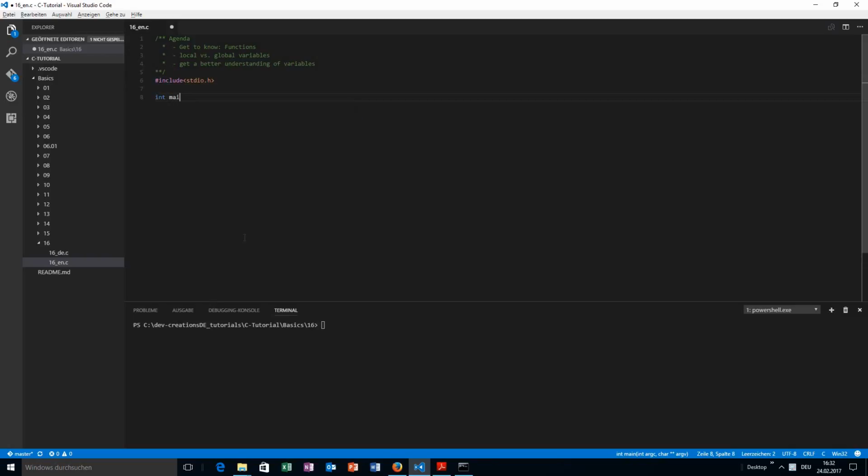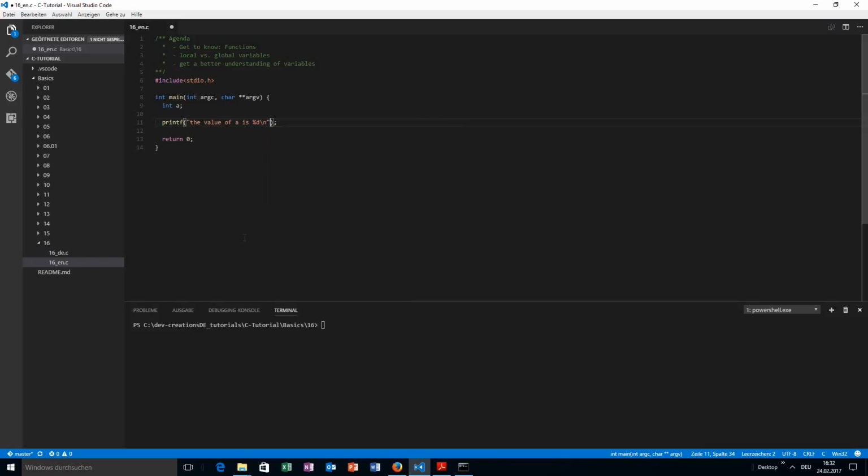basic build up. And here we go. Okay, so the first thing is we are going to declare a function, and we already know how this is working, but this time we want to abuse it a little bit because we are not going to assign any value to this variable. So